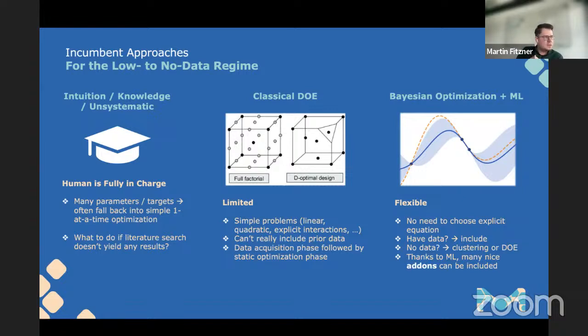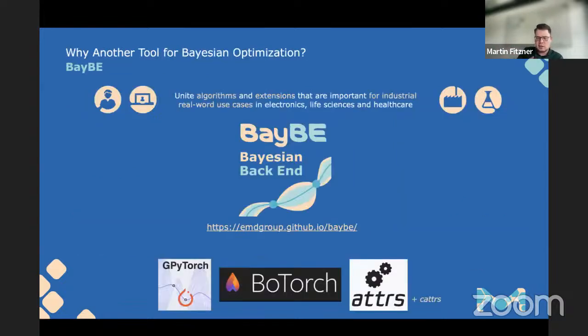So that is the mathematical foundation of it, in terms of it being a much more flexible approach than classical DoE. And because we are using machine learning at the heart of the surrogate model, it comes with a whole lot of other little additions, I like to call them, that really bring this mathematical optimization technique into real world industrial use cases. And that's what I want to talk about today a little bit.